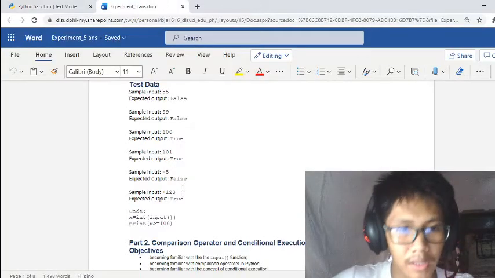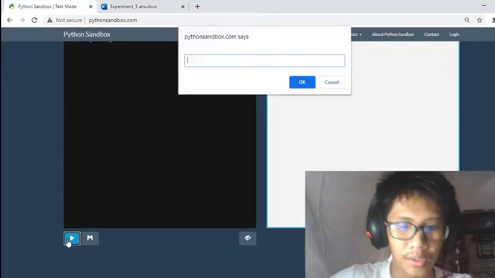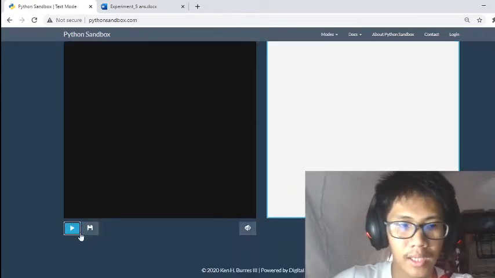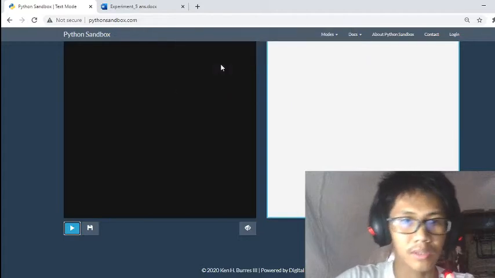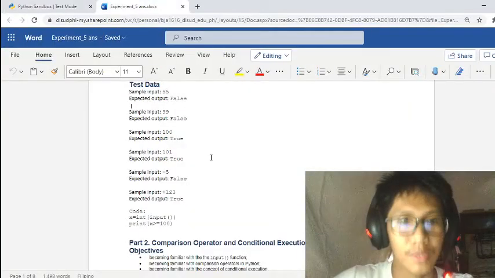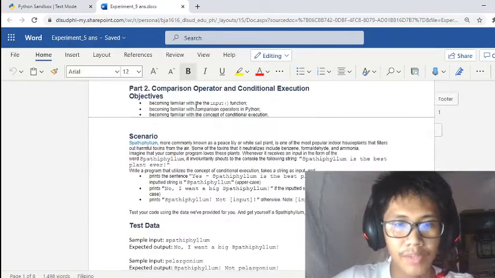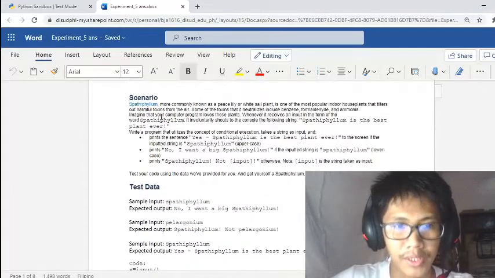And then our two last inputs are -5 and positive 123. So we have -5 should be returning false, and positive 123 should be returning true. So the code works. For our part 2, we have the comparison operator and conditional execution, wherein we are tasked